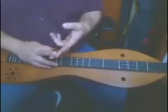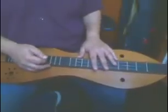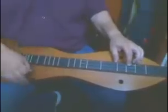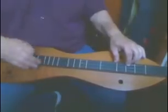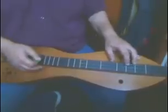Another very elementary way of adding rhythmic complexity to this basic strum is by accenting certain strums. The most natural thing for us to do is to accent the first and third beat. 1, 2, 3, 1. But what if we change that? What if we decided to accent the 2 and the 4? We get 1, 2, 3,